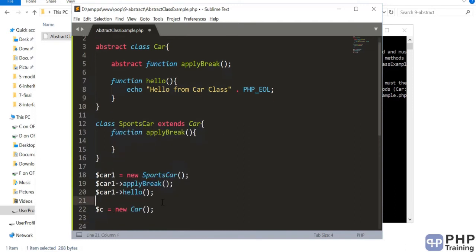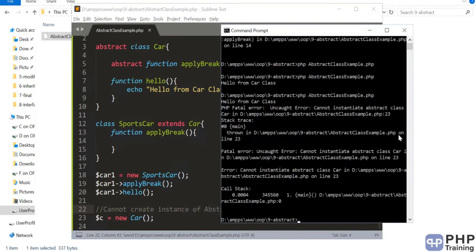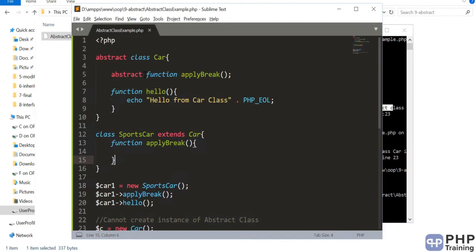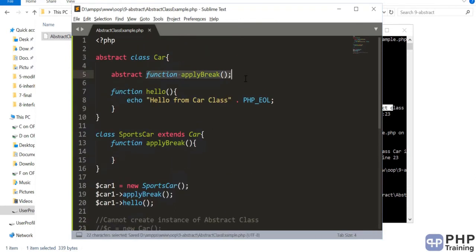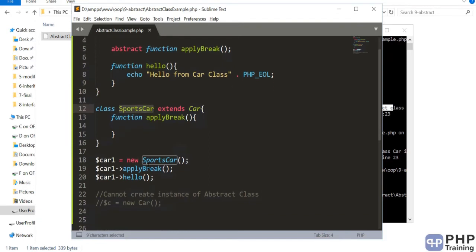By definition, you cannot create an instance of an abstract class. This is the definition, and it will error out. You cannot instantiate the abstract class. If you remove all the abstract keywords, then you should be able to create the instance of it. But you cannot create an instance of an abstract class. Any method that is defined as abstract has to be implemented in the child class. You can also have a combination of abstract methods and normal methods, and the normal methods will be inherited by the child classes, which can then access them.